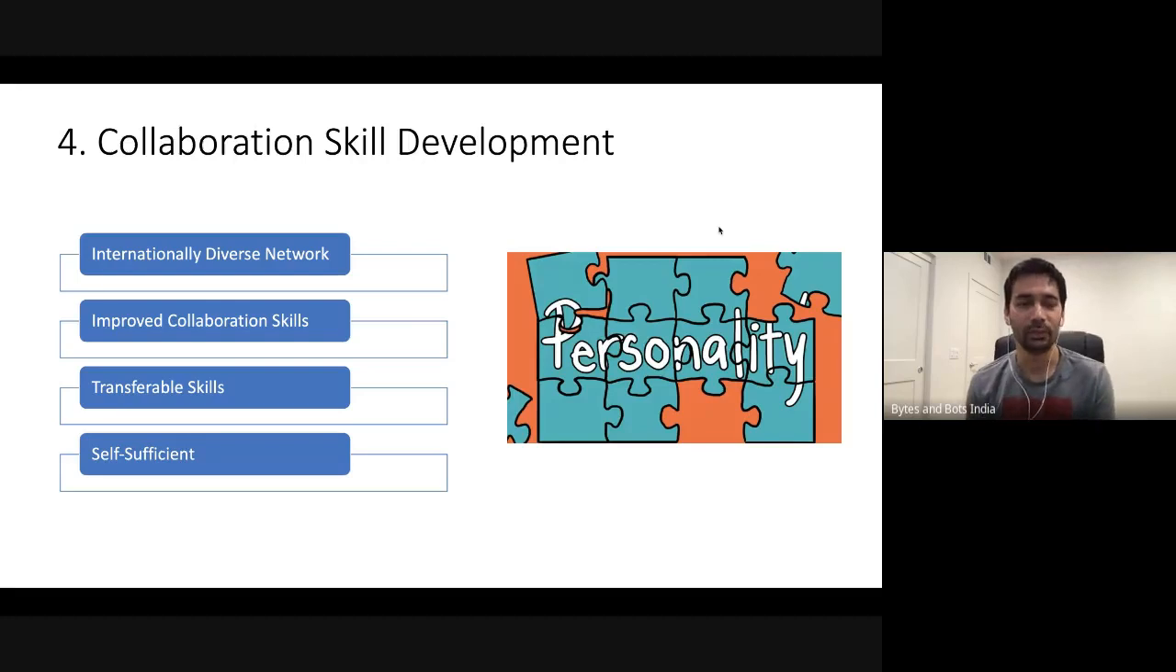Who knows, you may be working with someone from Romania one day or from some other country. It improves collaboration skills. You'll know about cultures, you'll know about habits, and so many soft skills, and not only core technical skill, which helps in growth. And whatever skills you develop through programming are transferable. What I mean by that is,